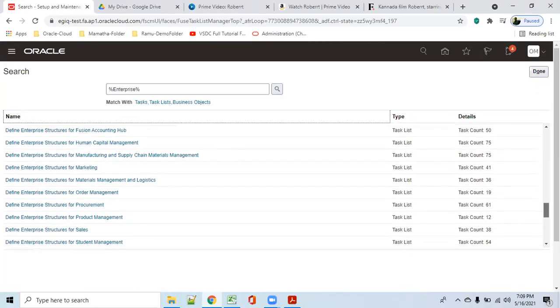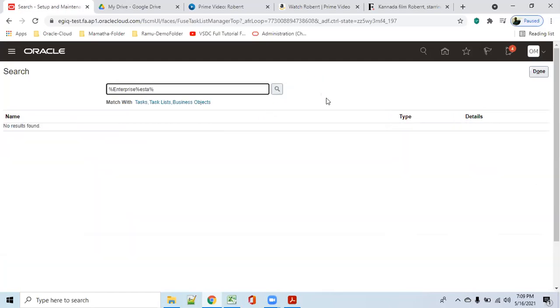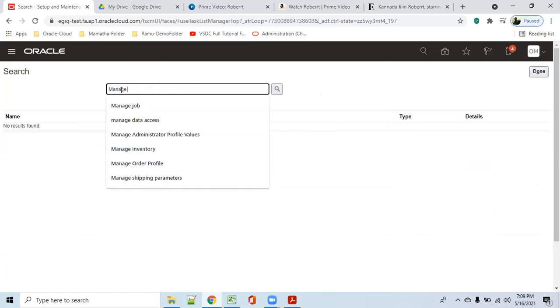Once you know those steps, that is sufficient for interview. Actually, my question here is, Ramu, I went to chart of account structure and just created it, but I had forgotten to create the value sets. I first went to create the value sets, and then when I search for segments, there is some task called manage segments, and I was not able to find that task. I'll show you.